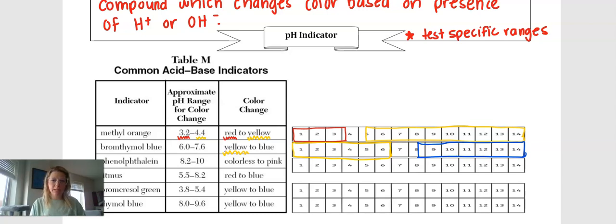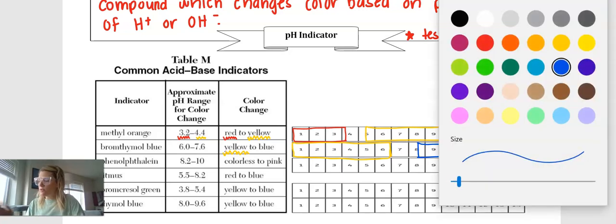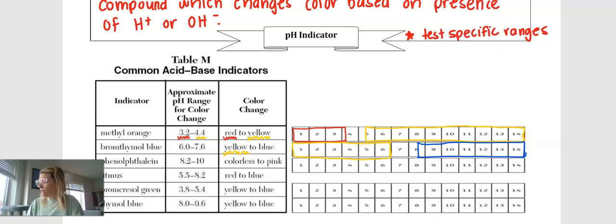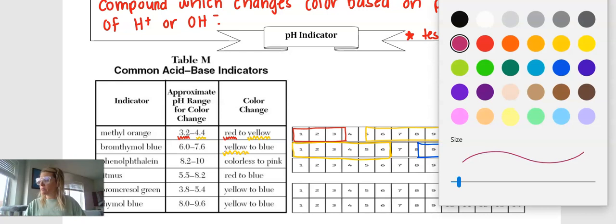We use it most frequently in this class, more than any of these others, because most frequently when we're using an indicator, at least in Regents level chemistry, we're looking at a titration, which we'll learn about next week. But phenolphthalein is really cool. It goes from colorless to pink. And so it's going to be this kind of fuchsia-y color at a pH of 10 and colorless before that. Okay. Litmus, I'm not going to color anything for because we talked about litmus previously,